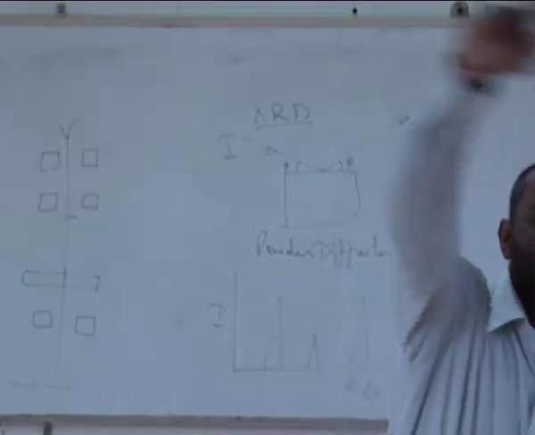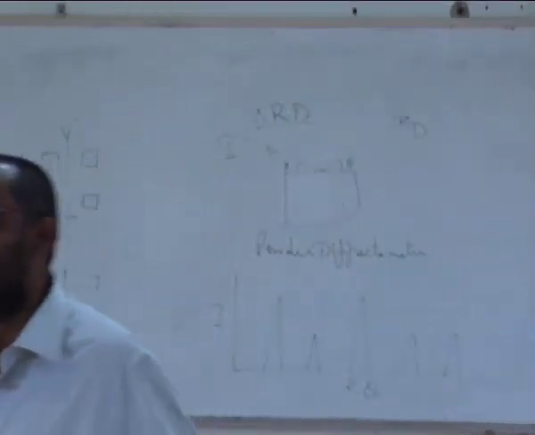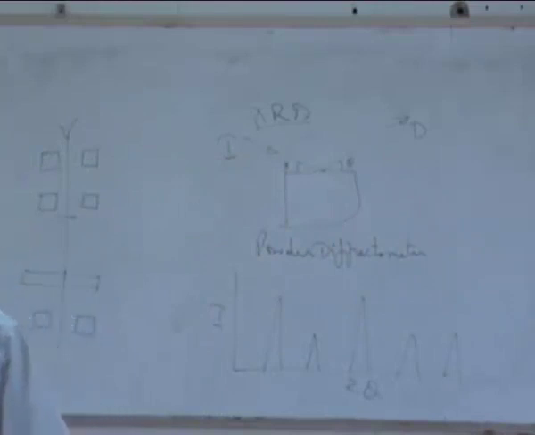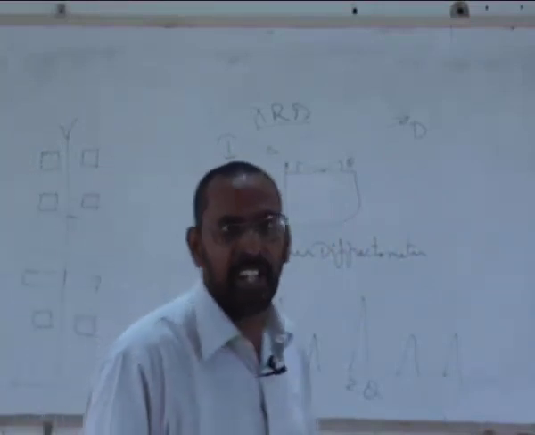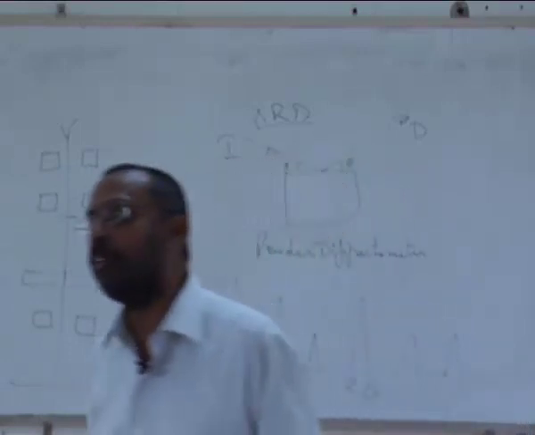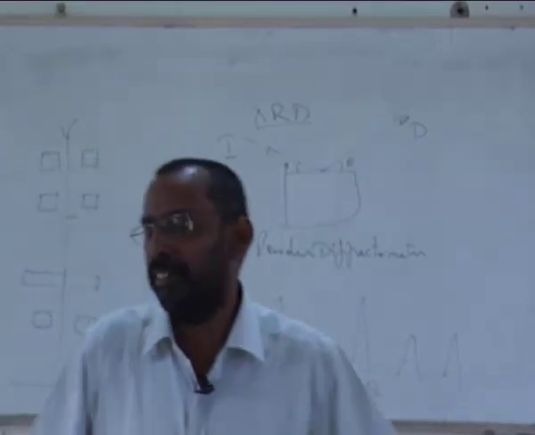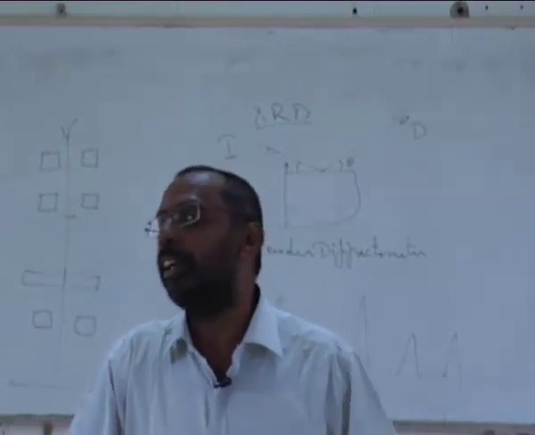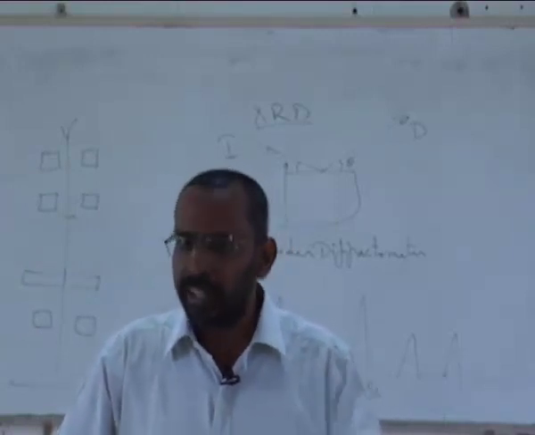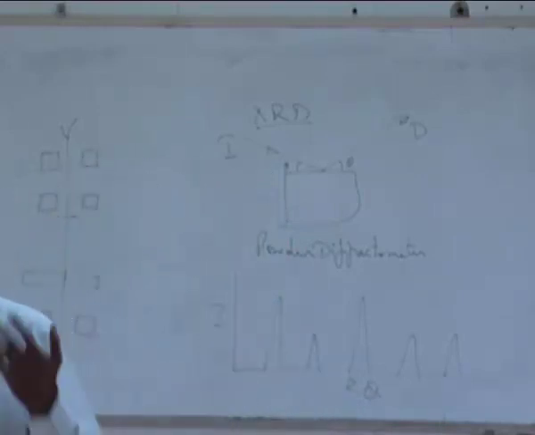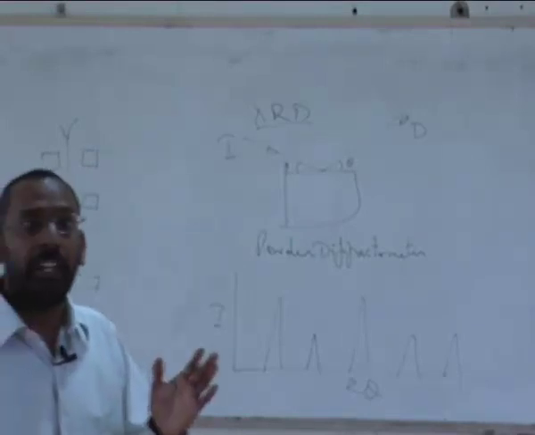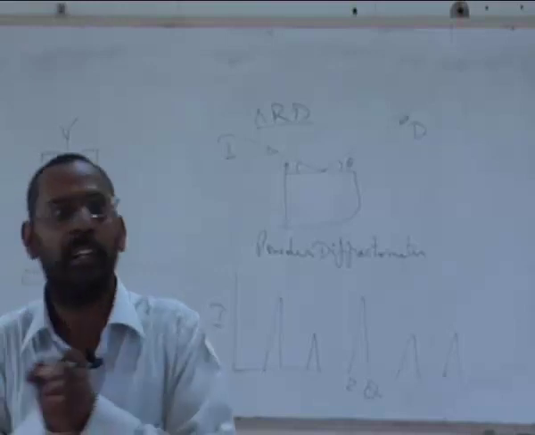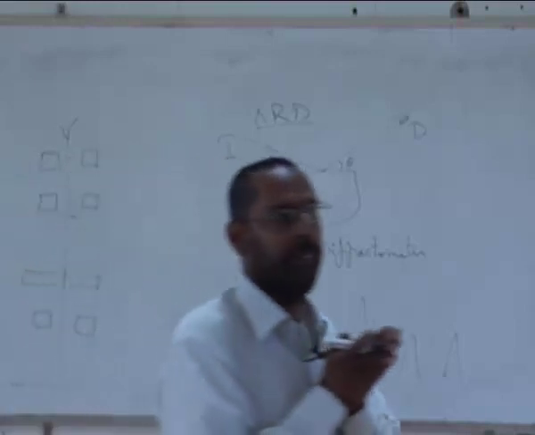Anybody knows? Anybody has heard of it? Almost 38%. 38% of zinc goes into copper. But interestingly, on the other side, copper does not dissolve into zinc. This is a problem. That means copper likes zinc, but zinc does not like copper. Like a one-sided love story. So there are problems like that. There are reasons for it. I will not go into that. There are reasons related to valencies and things like that. But the point is, when zinc dissolves into copper, what is the crystal structure of zinc? HCP. And that of copper?